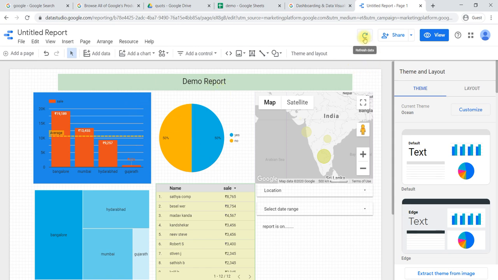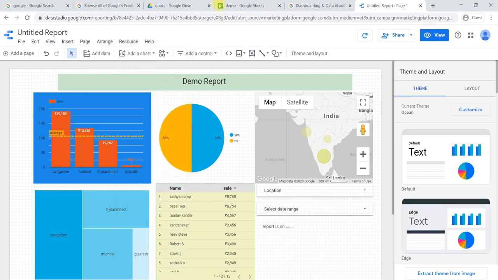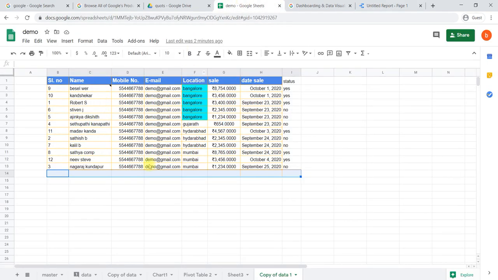Here there is a Refresh Data button, or we can go to View and say Refresh Data. For example, how it will work: we'll go to our data which is in our Google Sheet. I'm going to add one more customer here. I'm just randomly adding here. I will select the same